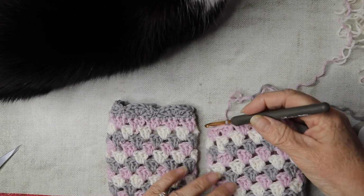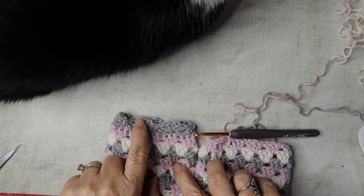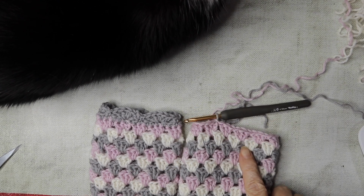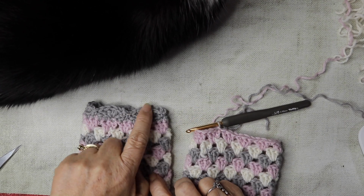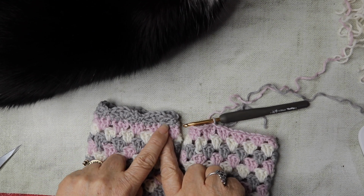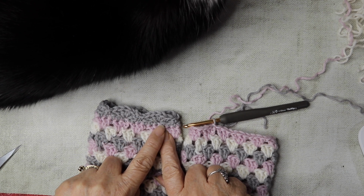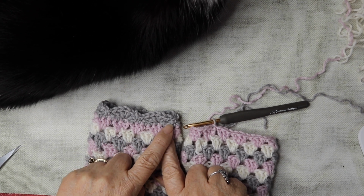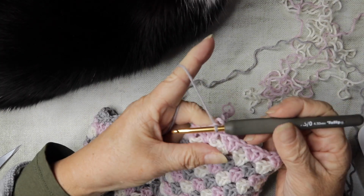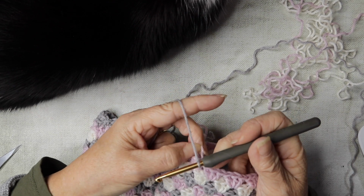And we're going to now work on this lovely scalloped edge trim, which I just think, I mean, you could stop here and leave it plain, but I like this edging which just finishes it off. So we're just going to do one row of double crochet, which is single crochet in the US, and pick up all the stitches, all 33 stitches. So we're just going to chain one, which doesn't count as a stitch,